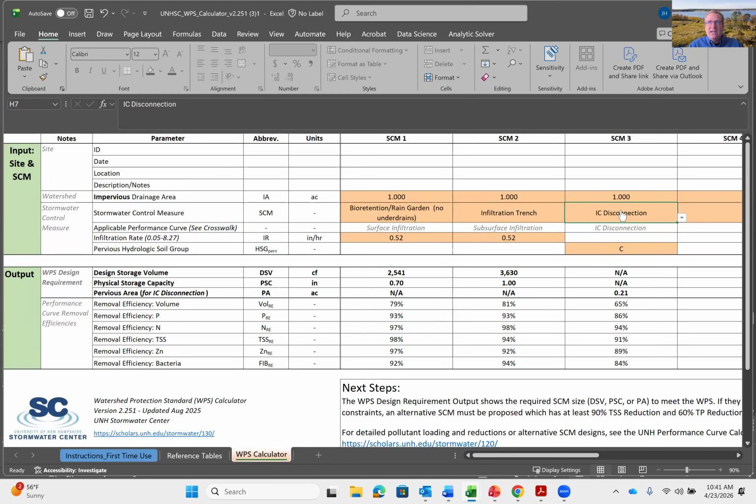It quantifies the things found in Appendix F of the MS4 permit for Mass and New Hampshire. Everything is linked to these four criteria. Here we know three, and we're trying to use the calculator to find the optimal sizing to meet the standard, which is the fourth and final criteria.